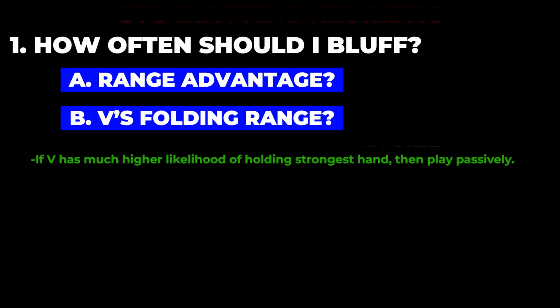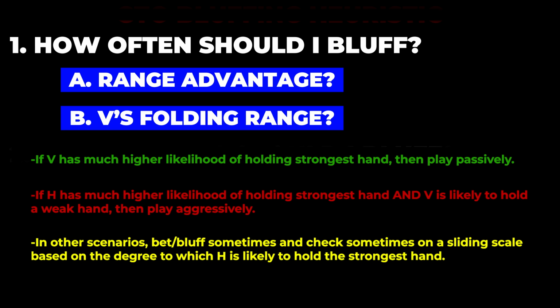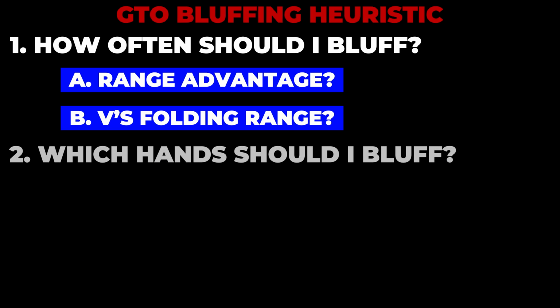If in a given spot, the opponent is much more likely to hold the strongest hand, you can usually check most or all the time, particularly when out of position. But if you are much more likely to hold the strongest hand and your opponent is very likely to hold a weak hand, you can usually bet/bluff most of the time. In most other scenarios, such as when it's unclear who's likely to have the strongest hand, or when villain is not very likely to have a weak hand, hero will generally want to bet/bluff some of the time and check some of the time. And in that case, the next step of our analysis is to determine whether to bluff